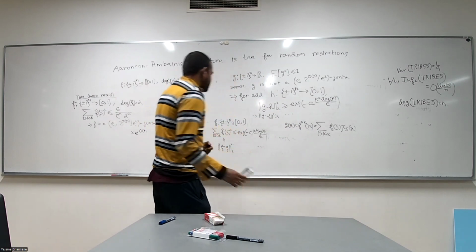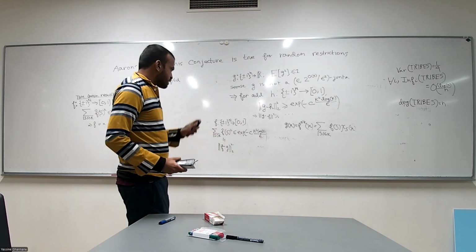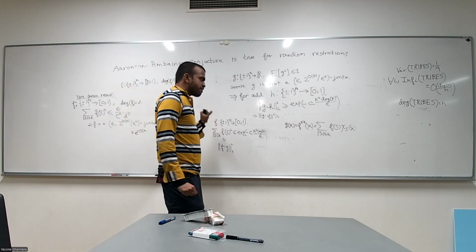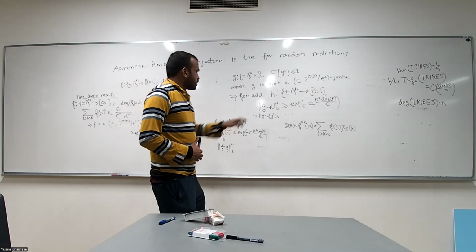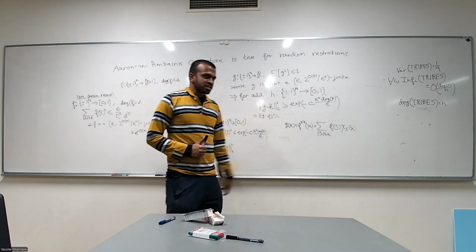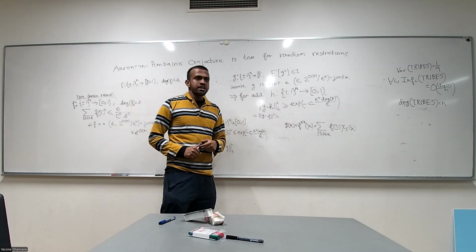And now we'll try to follow the same framework. In our case, we have the extra condition that the degree of f is at most d. So then we don't need to lower bound the distance from g to all bounded functions. We only need to lower bound the distance of g from bounded degree d functions.